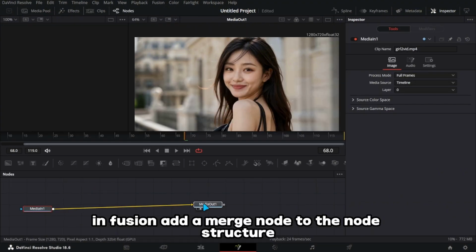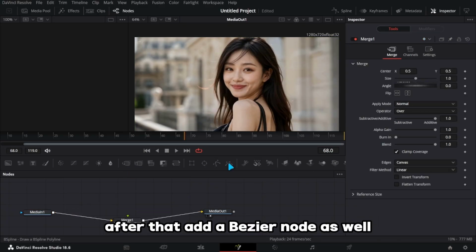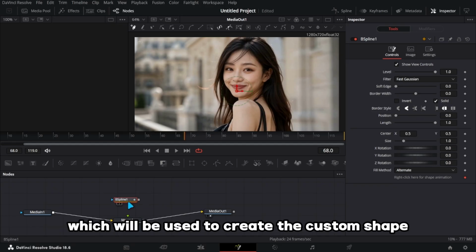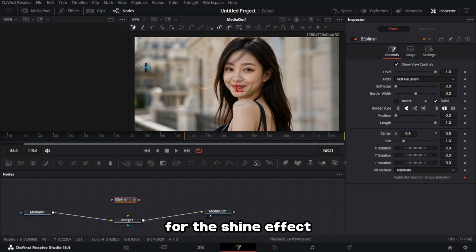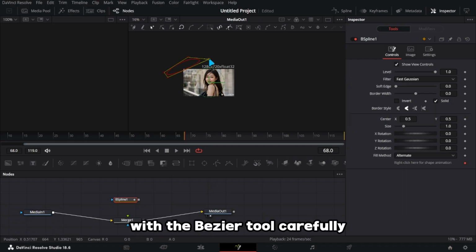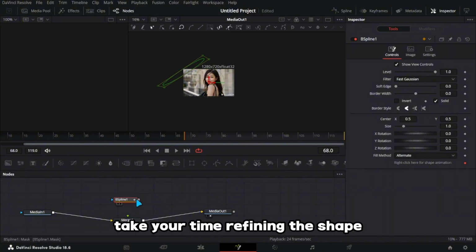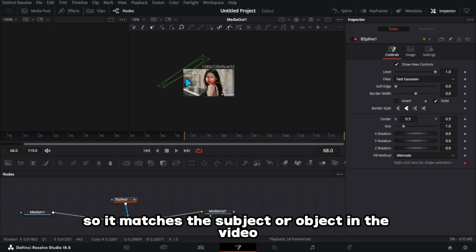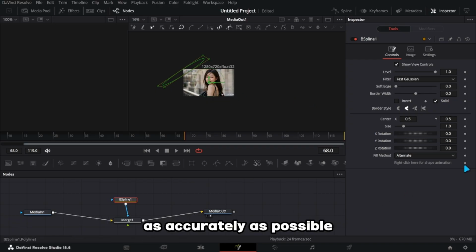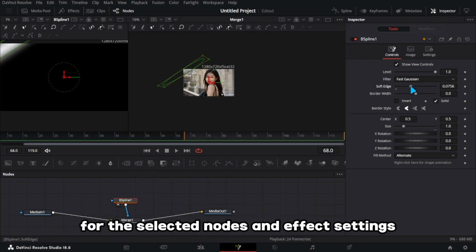In Fusion, add a merge node to the node structure. After that, add a B-spline node as well, which will be used to create the custom shape for the shine effect. Begin drawing and adjusting the shape with the B-spline tool, carefully tracing the area where you want the shine animation to appear. Take your time refining the shape so it matches the subject or object in the video as accurately as possible. Once the shape is ready, open the inspector panel to access the controls for the selected nodes